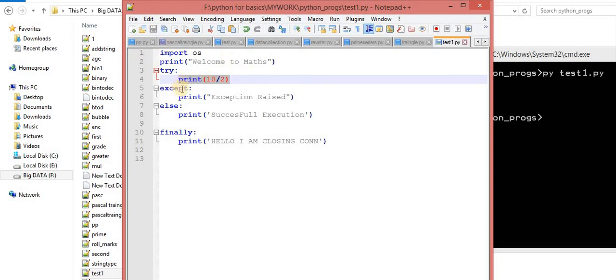Whatever the case in these statements, whether it is successful termination, whether it is abnormal termination, whether there is an error inside the except block, the try block, or the else block, finally will always execute. Keep this point in mind, and normally we use finally to close the connection and release the memory. So this is the complete process. Now if you have any doubt regarding this, please do let me know.